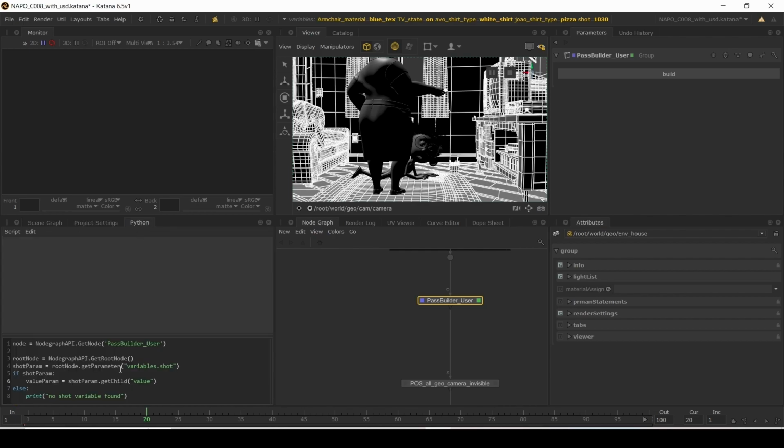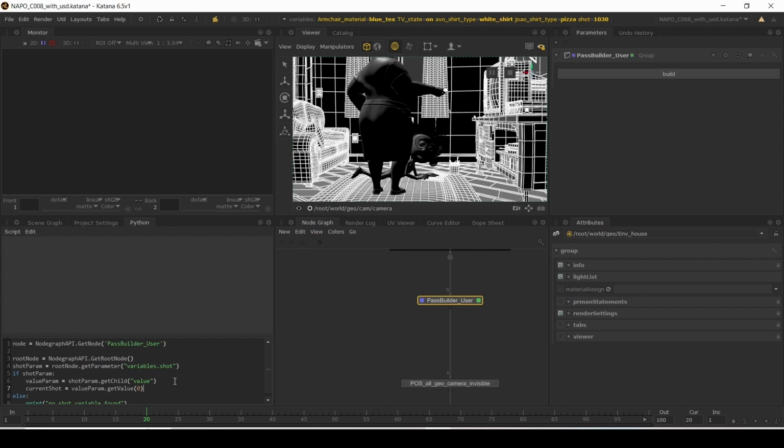Okay, so we want to get that, and we want to get our actual value, so we'll say current shot is equal to value param get value,